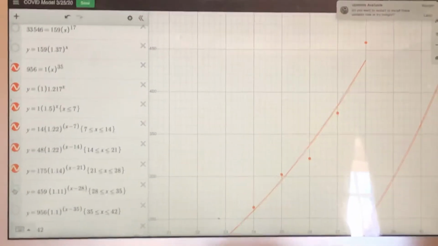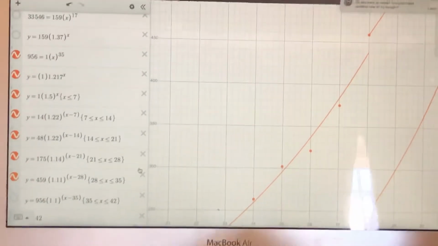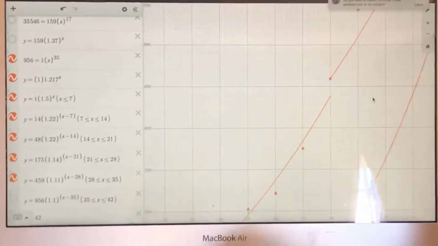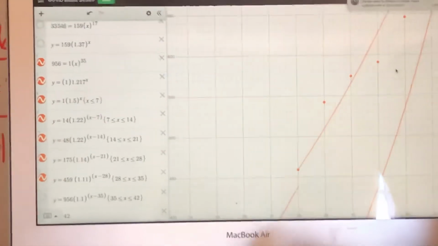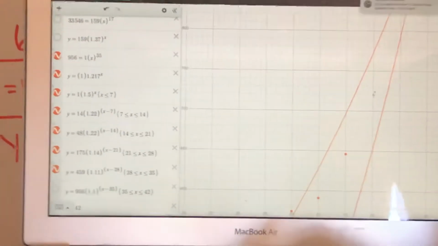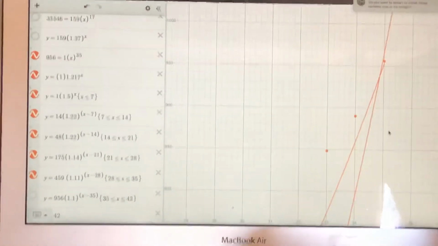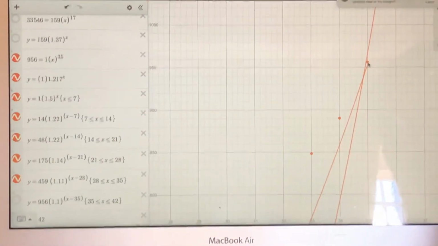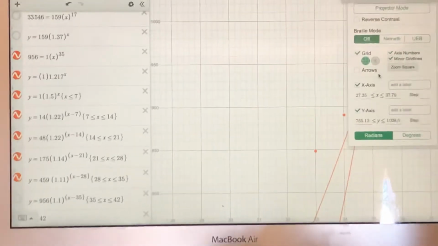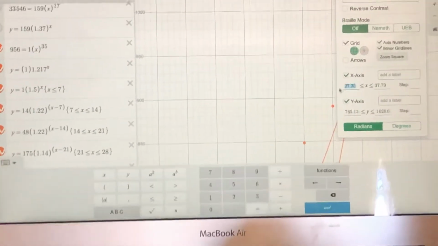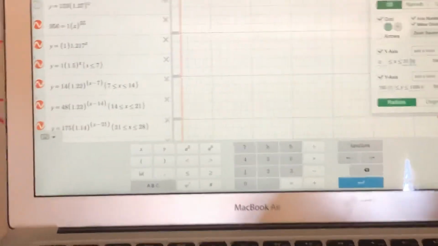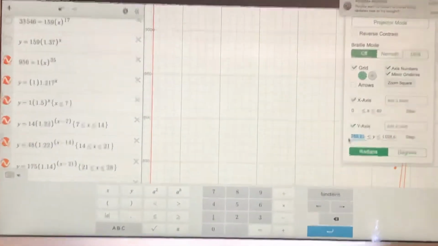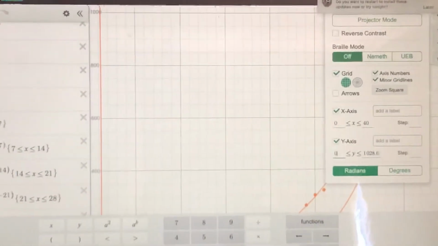And I used 459, the start value, 1.11, which is an 11% daily growth rate. And we're going to find that it fits the data set really well and takes us right up to today. As we get to today, we see that, yeah, basically we've modeled it fairly well. Let's look at the overall picture here. We're going to go again from day 0 up to, we'll do day 40. And we'll go from 0 to 1,000 cases at first.